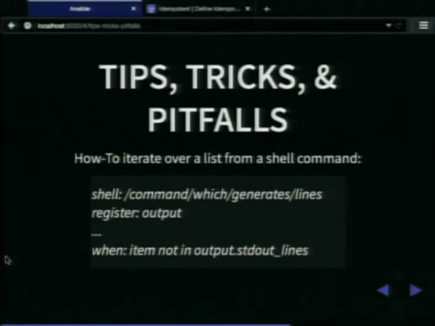However, I ran into some trouble with this. I had to look up the documentation a few times. When you do that, the output will actually have a variable underneath it, you can think of it that way, called standard out lines. And that's what you want to work with. If you just try and work with output, you're going to have a bad time.